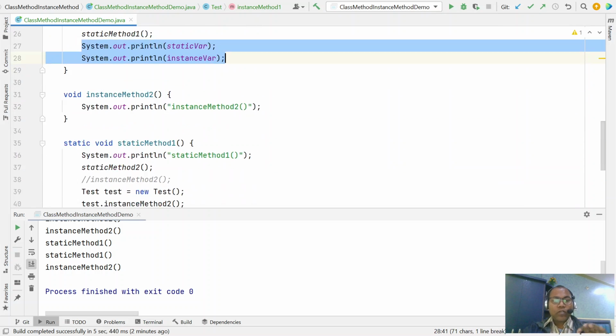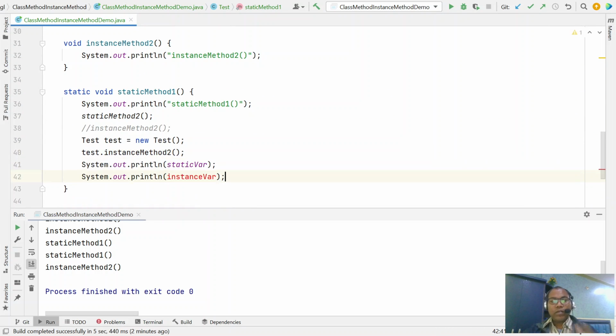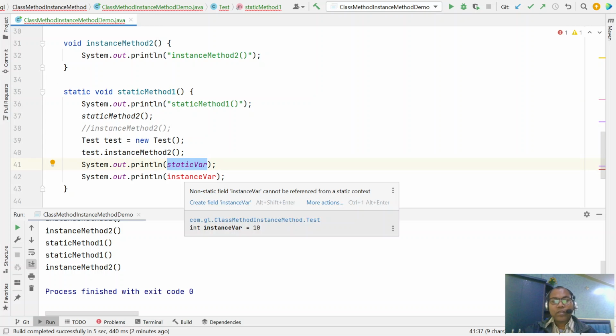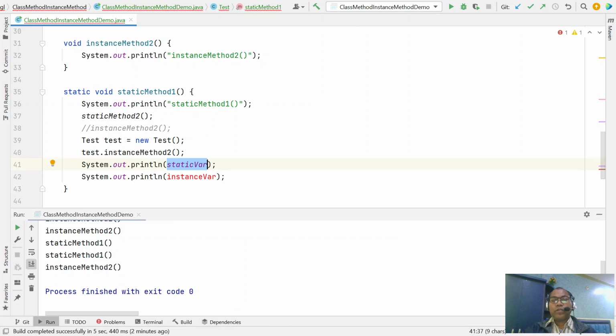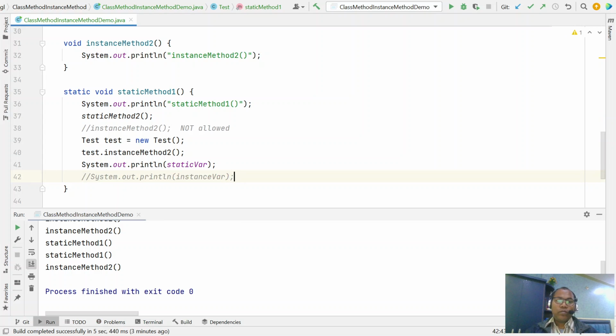But let us look at what happens in the case of a static method. A static method can directly access any static variable, but it cannot access any instance variable. Again, here not allowed. Similarly, here also not allowed to access an instance variable.